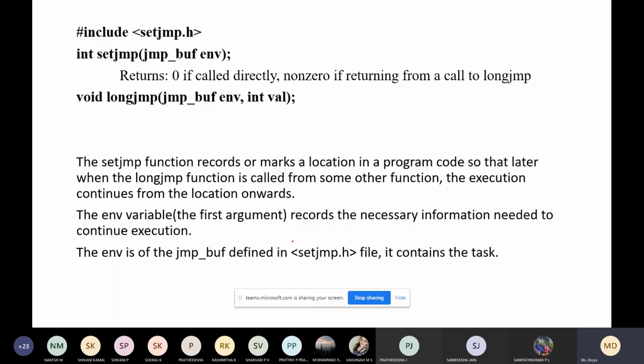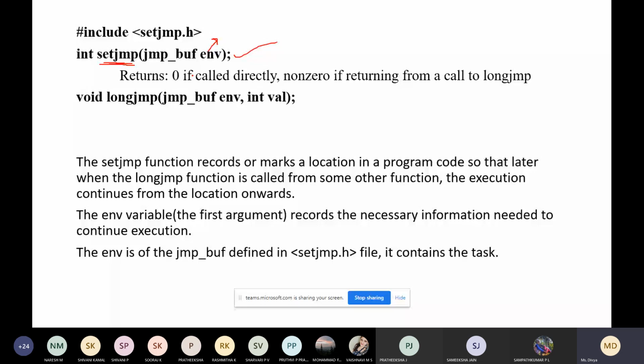So look at the prototype. This is setjmp. This is like setting a label. In setjmp, you have to specify jmp_buf env.